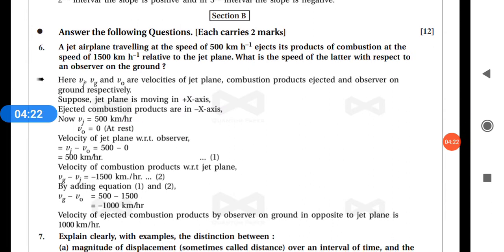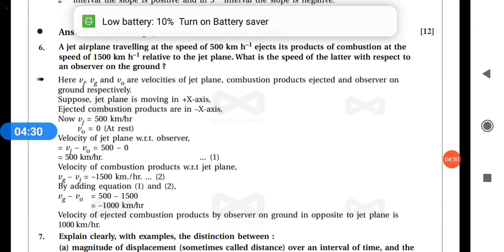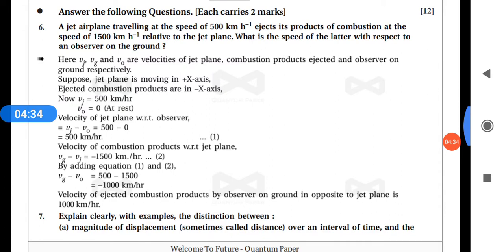A jet airplane traveling at the speed of 500 kilometers per hour ejects its products of combustion at the speed of 1500 km per hour relative to the jet plane. What is the speed of the latter with respect to an observer on the ground? So here